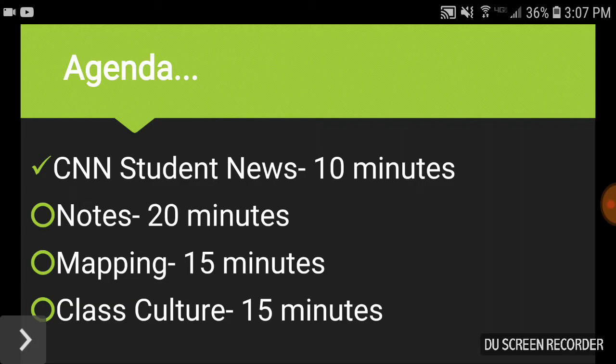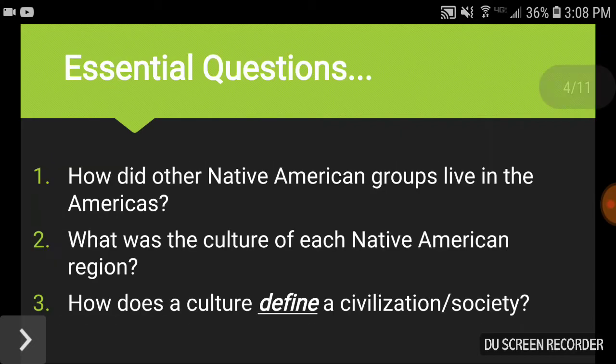So what's the difference between a class culture paragraph right and a race response? A race response, you are citing evidence from a source of some kind, whether it's a book, an interview, could be an image that you looked at. You are citing evidence and then explaining what that evidence is. This class culture paragraph right is not a race response. So you are not going to have to cite evidence. You are going to give your own personal opinion. So there's a slight difference in what we're calling a race response versus a paragraph right.